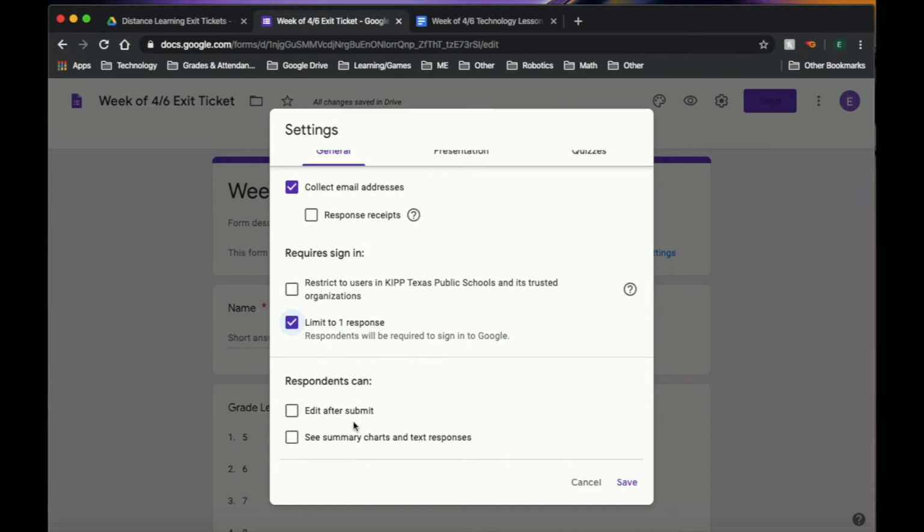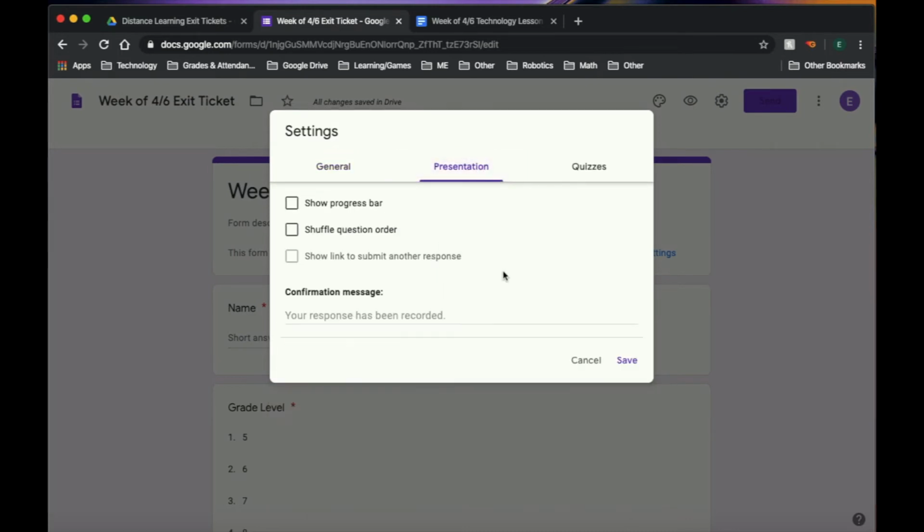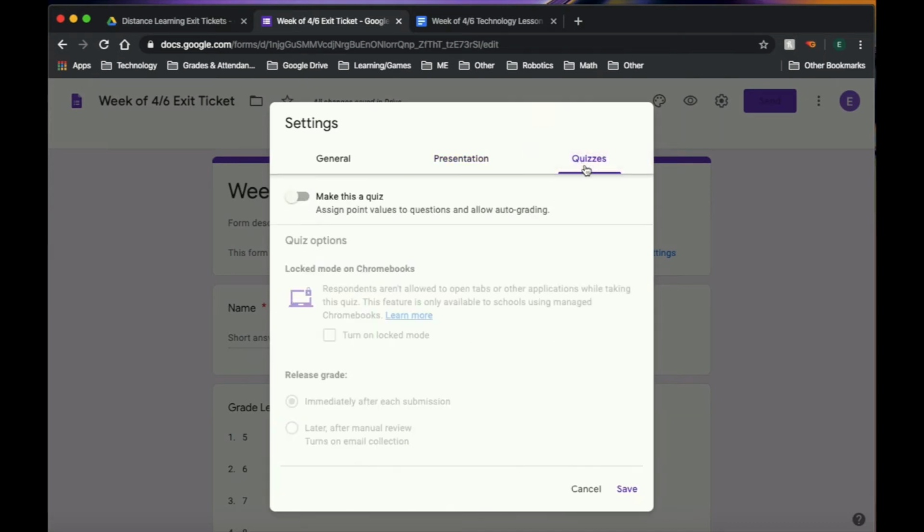You can also have them edit after they submit. I don't, since it's an exit ticket. Presentation, you can shuffle the order, so if you don't want them to all be in the same order. This is how you're going to make your exit ticket graded. So you're going to turn this into a quiz,